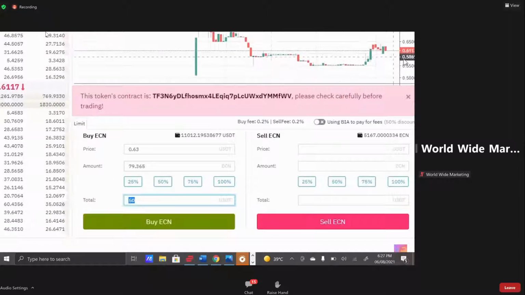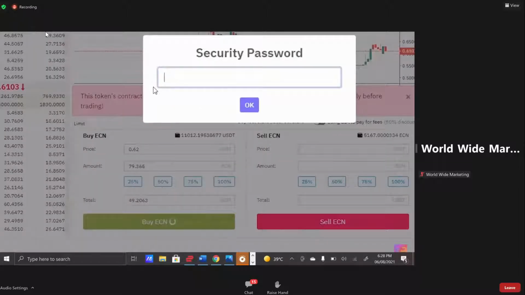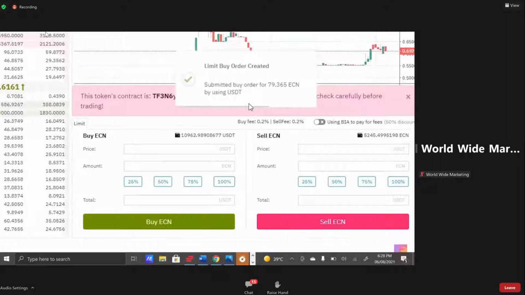Now the current price is running at 0.6117. I will enter over here 0.62, and I will click on buy ECN. It is asking for my security code. Once you enter the security code, just click OK.